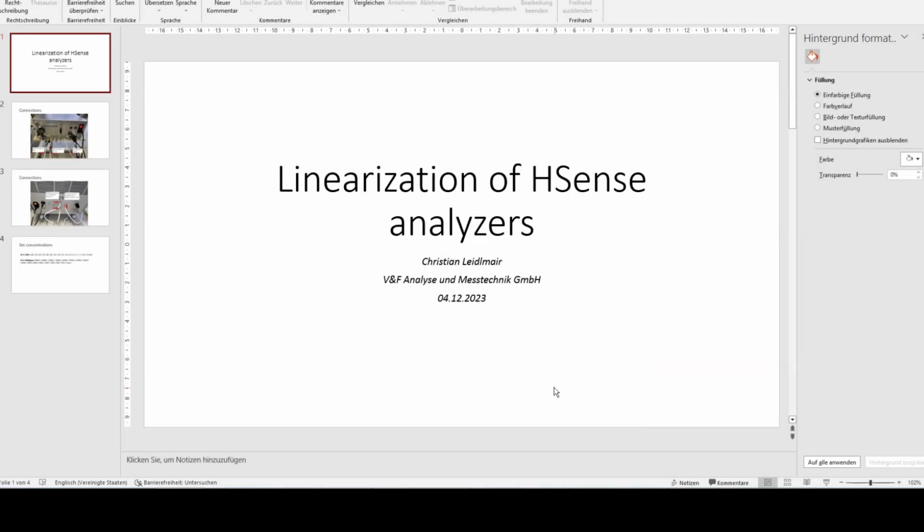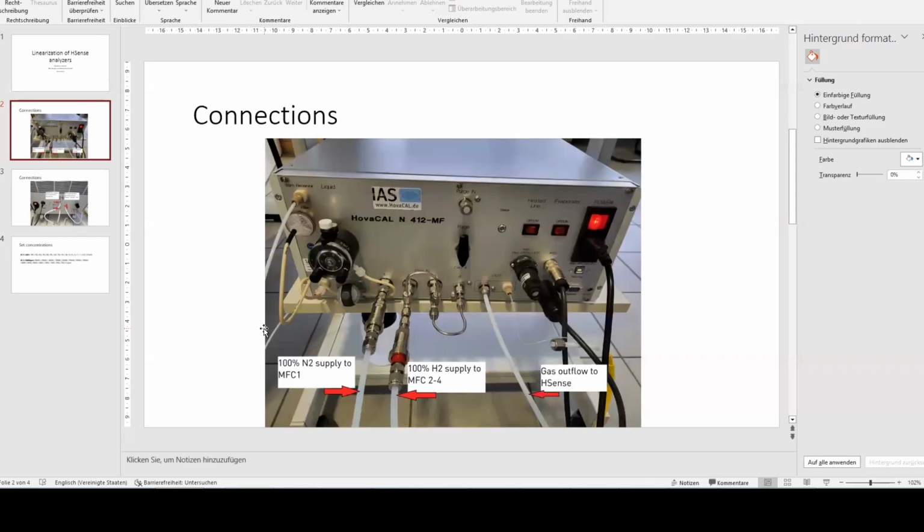Welcome, ladies and gentlemen, to a small demonstration on how to perform a linearization of an HSense unit. The first thing that you're going to need is a gas divider. In our case, we're using a product from IAS. It's found under www.hovercal.de. This is a mass flow controller based gas divider on which we are going to connect 100% nitrogen supply